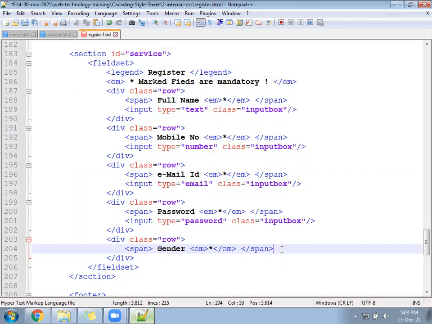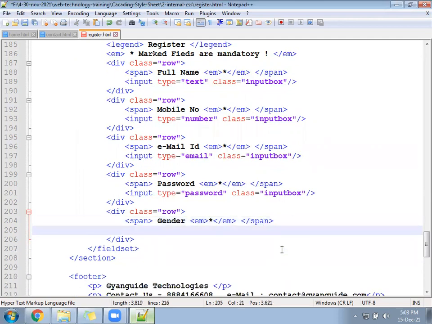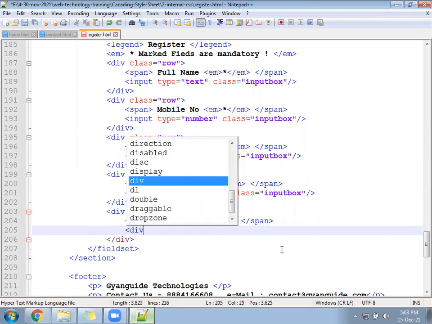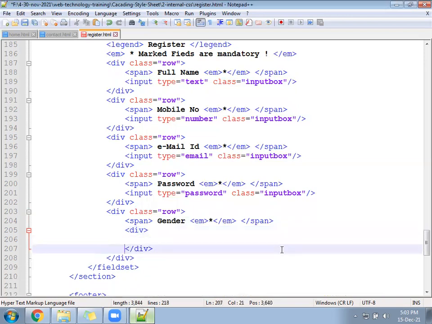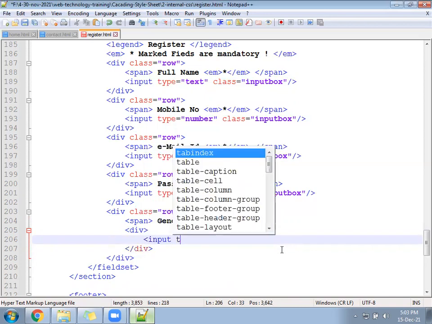After that, we'll come down and we will write here a div tag, because the gender text should be in one line and the 2 radio buttons should go to the next line. Without a division, it will come in the same line. So input type equal to radio.